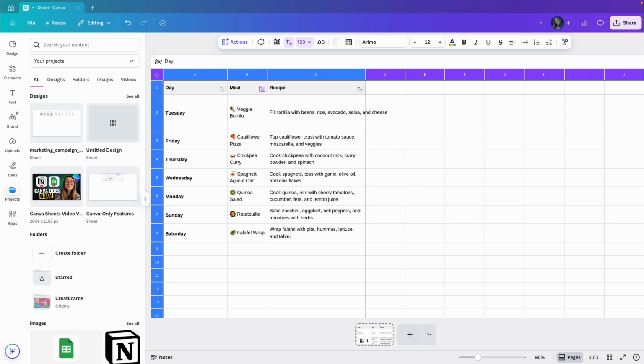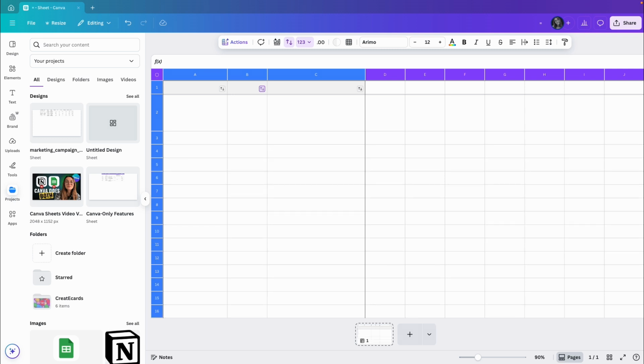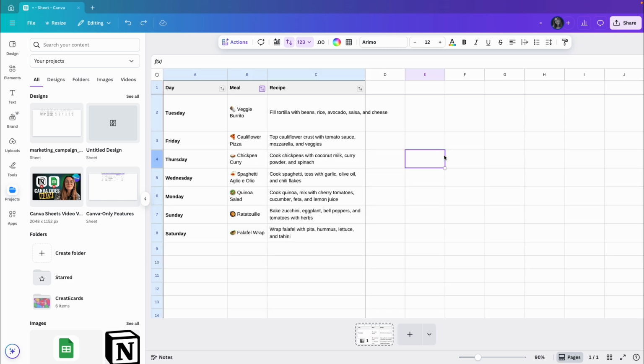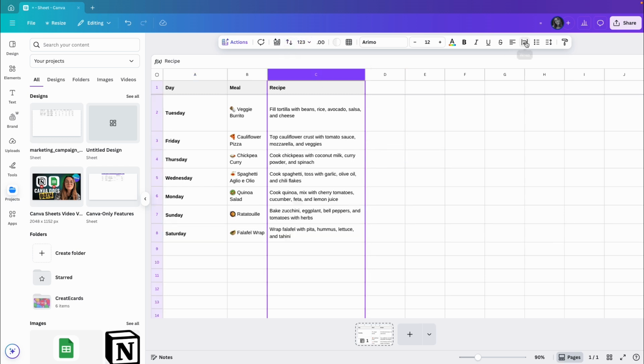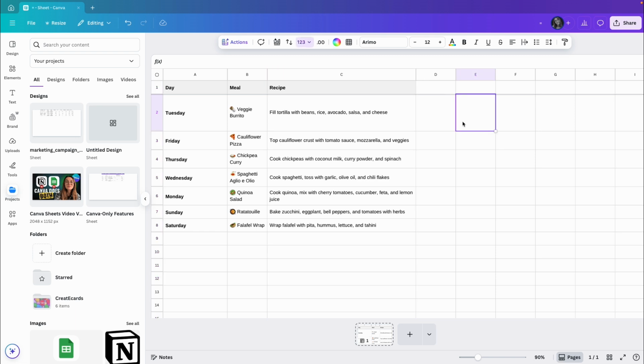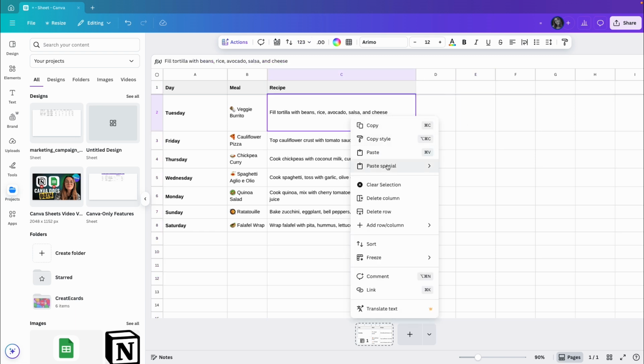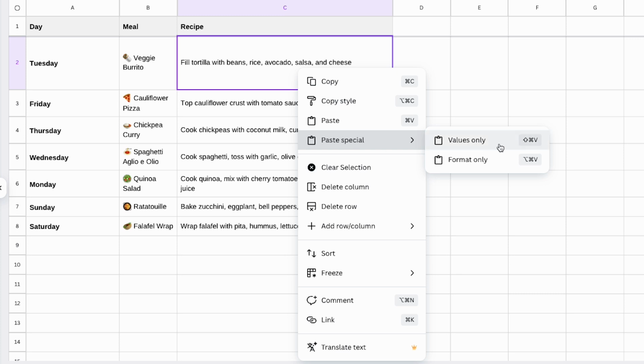It's nice if you need to delete everything in one click. I'll put the content back. Let's cancel the sort and reset everything to wrap, like this. I can also choose paste special. Like in Excel, you can copy something and paste it as values only or format only, depending on what you